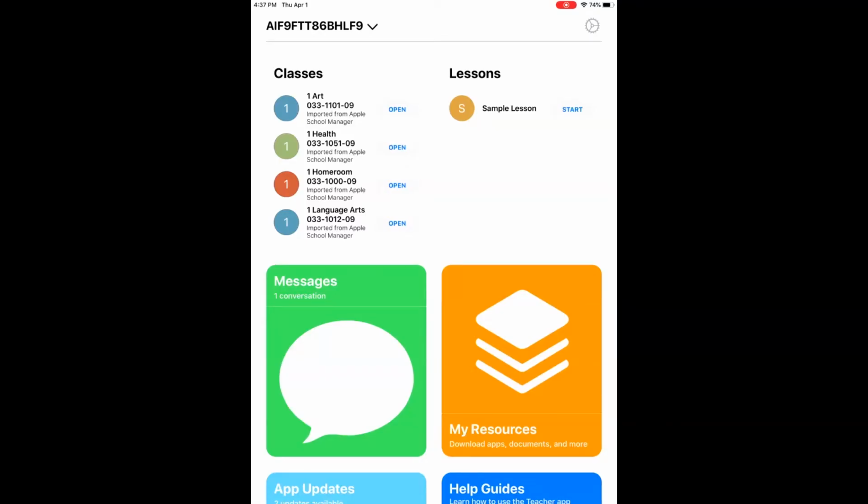One of the easiest ways to manage student iPads in Jamf Teacher is through lessons. Lessons are background scenes that you create to help manage what students have access to when you have the lesson turned on. To create a lesson, I'm going to go ahead and click into Lessons on the right-hand side and